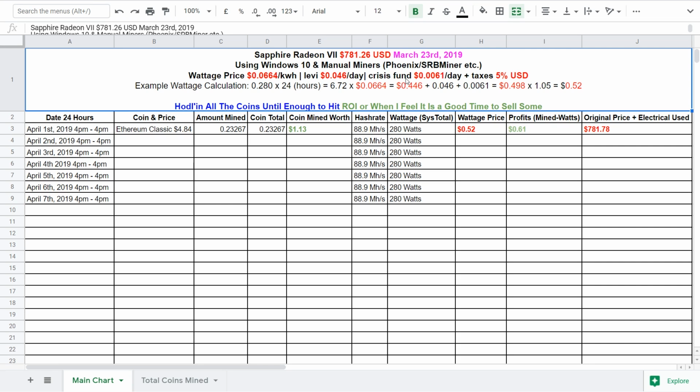And then crisis fund, I also have to pay. It's also a day, 0.0061 a day, and then plus 5% taxes. And then here's the wattage calculation, right there. That's for my wattage price column. You guys can read through that, I won't read it. And the last part here on the first row is that I plan on